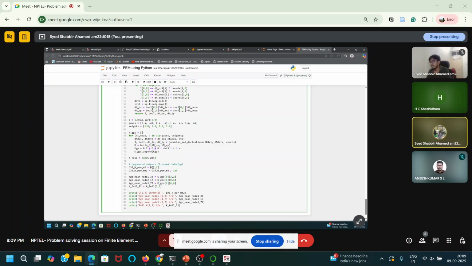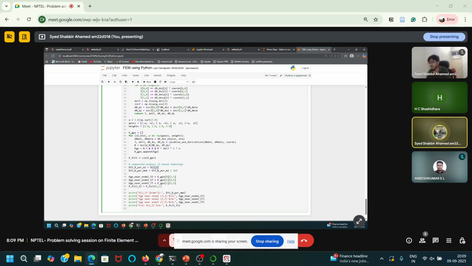So in D, we want the 3,3 matrix element. That is what they have asked. Because we have defined it in meters squared here, and in the question they have asked in mm squared, you can do the calculation by dividing it by 10 to the power of 6. You will get